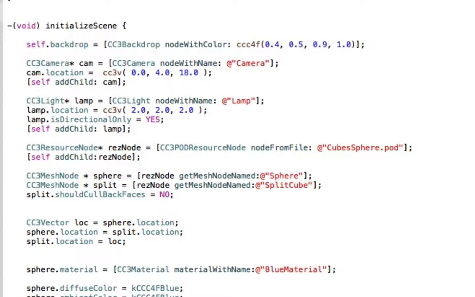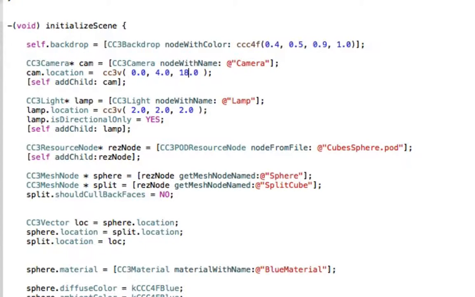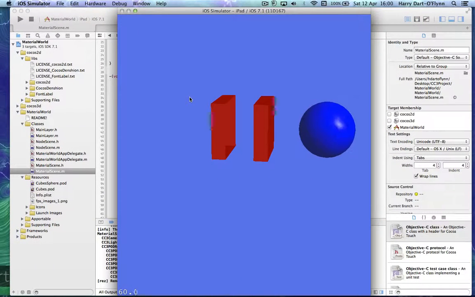And if I run it now, you can see that we have the split cube, which is over on the left, the sphere turning in the middle, and you can't actually see the mixed cube anymore because the camera has started focusing right on the split cube at this stage. Okay,